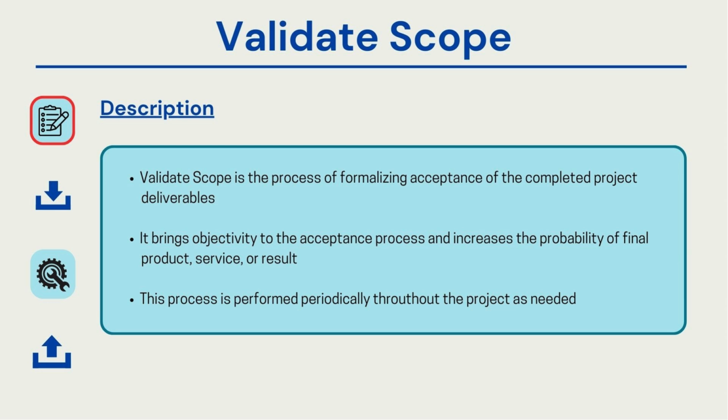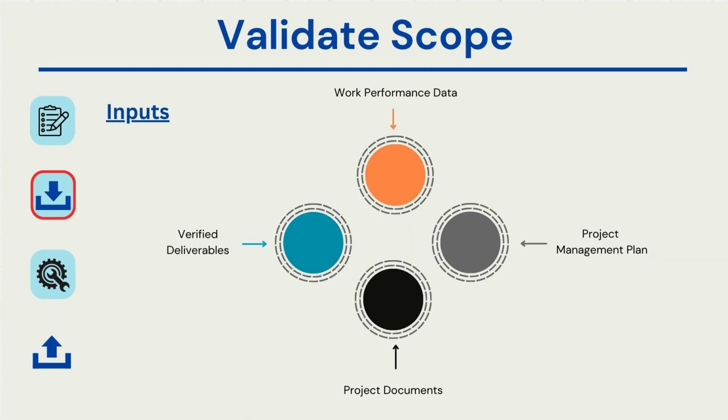For validating scope, the following inputs are critical. Project management plan, especially the scope management plan and scope baseline. Project documents, such as lessons learned, quality reports, requirement documentation, and traceability matrix. Verified deliverables, those that have been produced and verified. Work performance data, which includes the actual progress of work and is usually captured in project management tools like MS